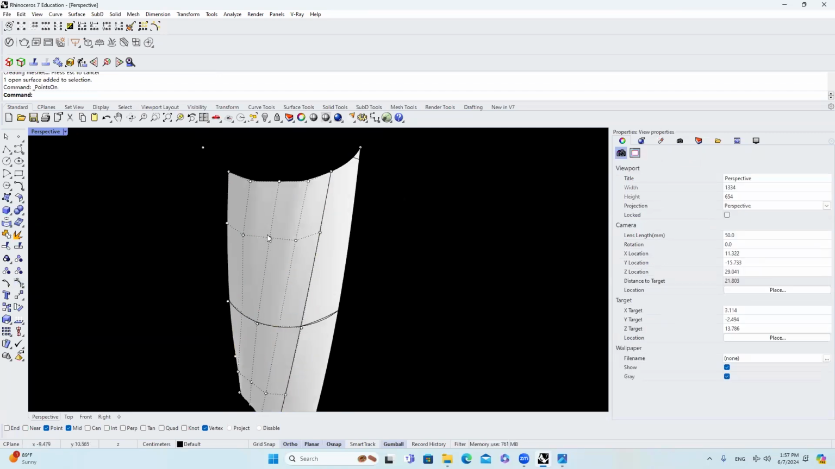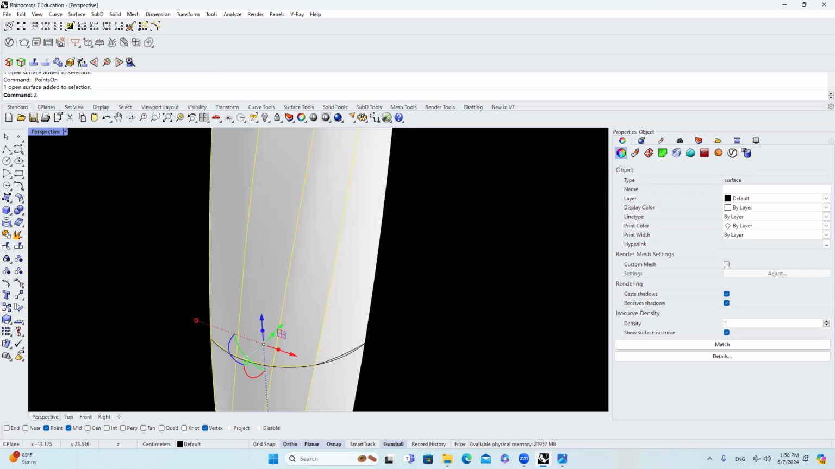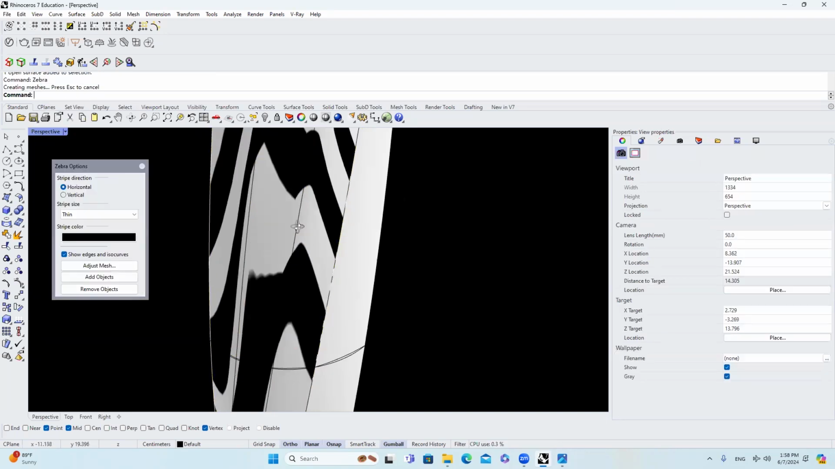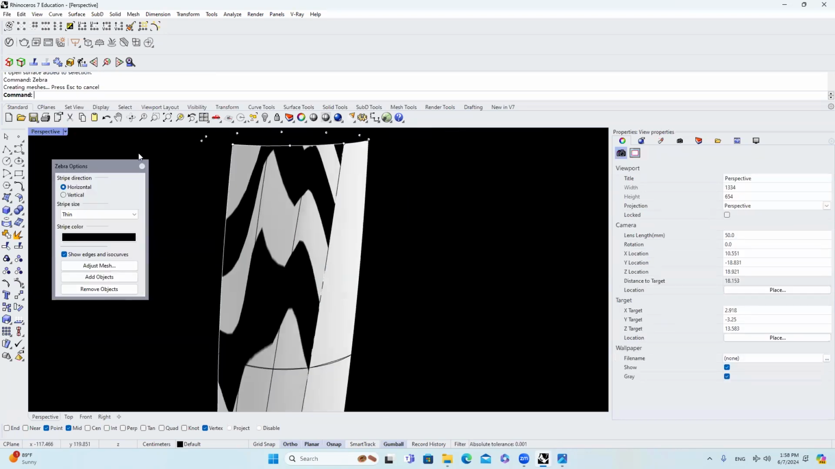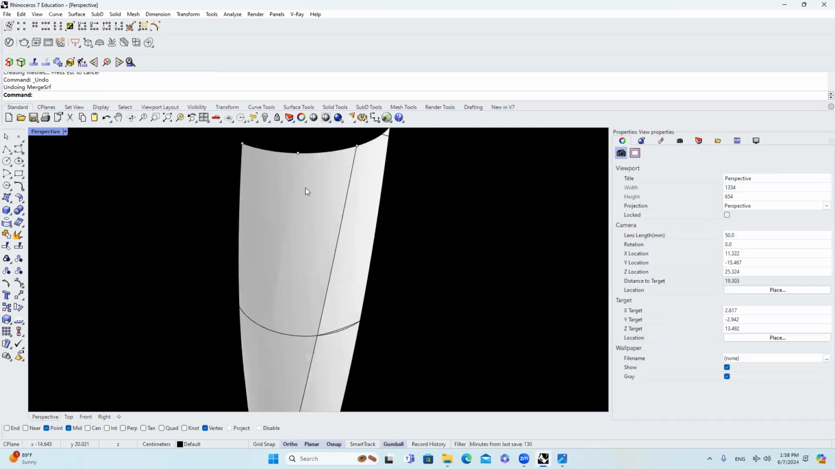And then if we turn on the control points, you can see that this is a continuous set of control points in between. And if we turn on the zebra, of course, the continuity is great. But we don't want that. What we can do is we can choose merge surface again, and we can choose the roundness to